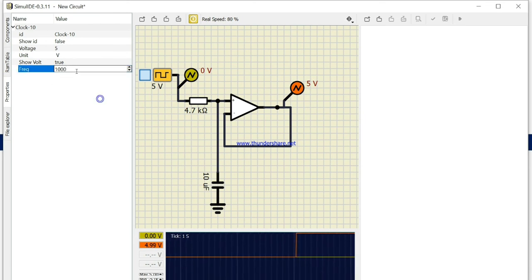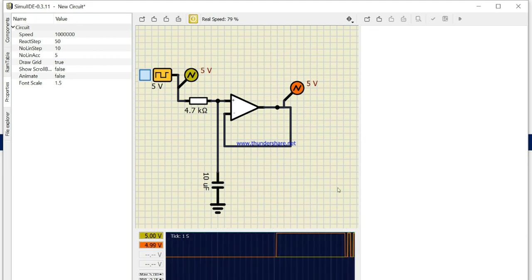What is the frequency? Frequency is 100. So let's take the frequency 1. Now you can see the input frequency of this one.